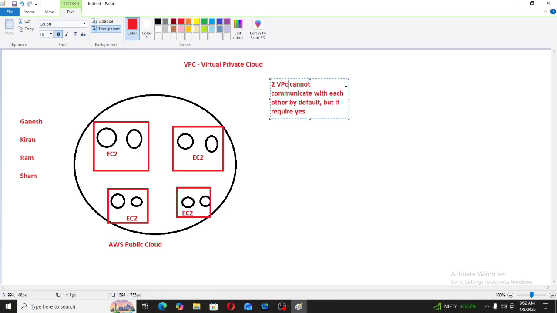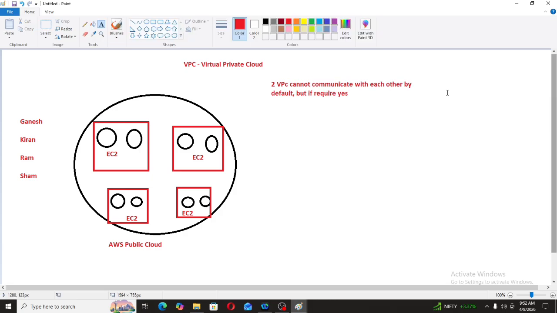Now the question is, creating VPCs for every customer is impossible, or we can say it is a difficult task. So AWS provides us the default VPCs. We can use this default VPC. Whenever we launch any EC2 instances, AWS will provide us the default VPC. We just have to choose VPC under network, so it will give us the default VPC for our EC2 instances. When the practical starts, we will see how to create a VPC and whatever the concepts in VPC are. But for now, we just know that AWS provides us default VPCs.